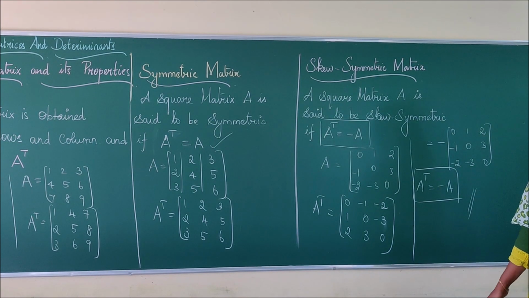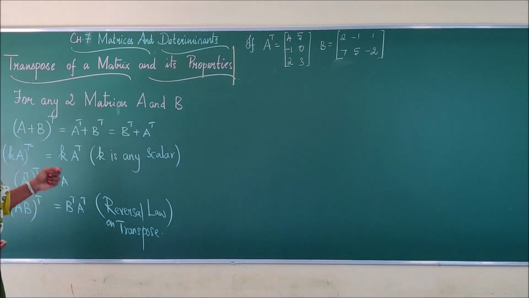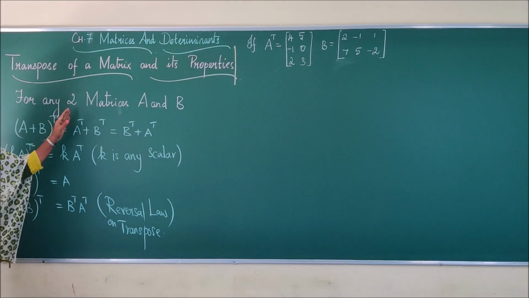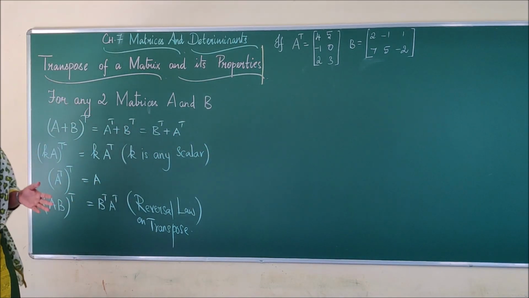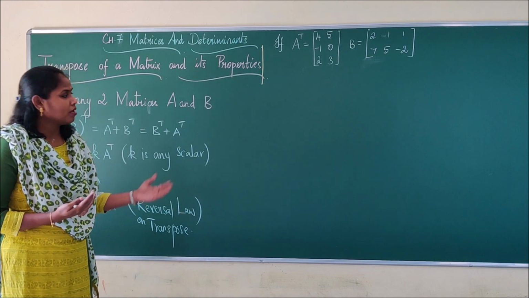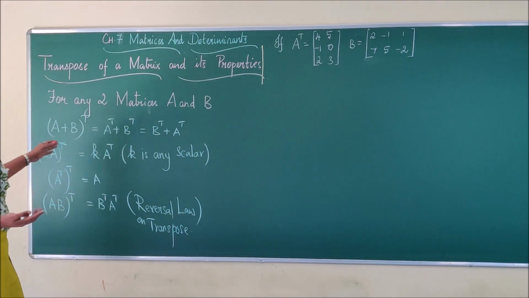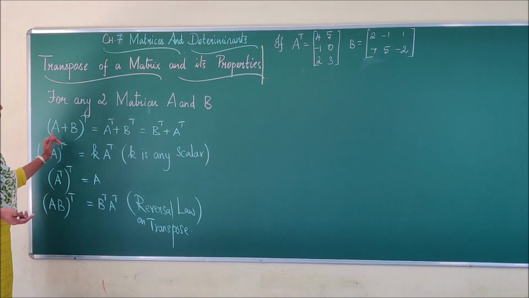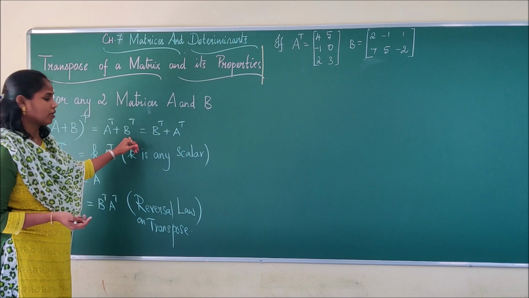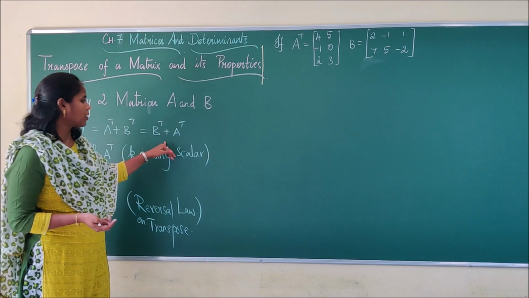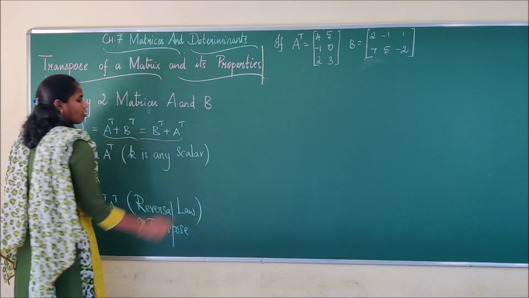Okay, what is the transpose of a matrix. Now, we are going to see the properties of transpose, right? See here, for any two matrices A and B, it is not mentioned that they are of the same order. They might have one order of a different type, okay? And here A plus B the whole transpose is equal to A transpose plus B transpose, which is also equal to B transpose plus A transpose, and this alone is the condition called commutative property.